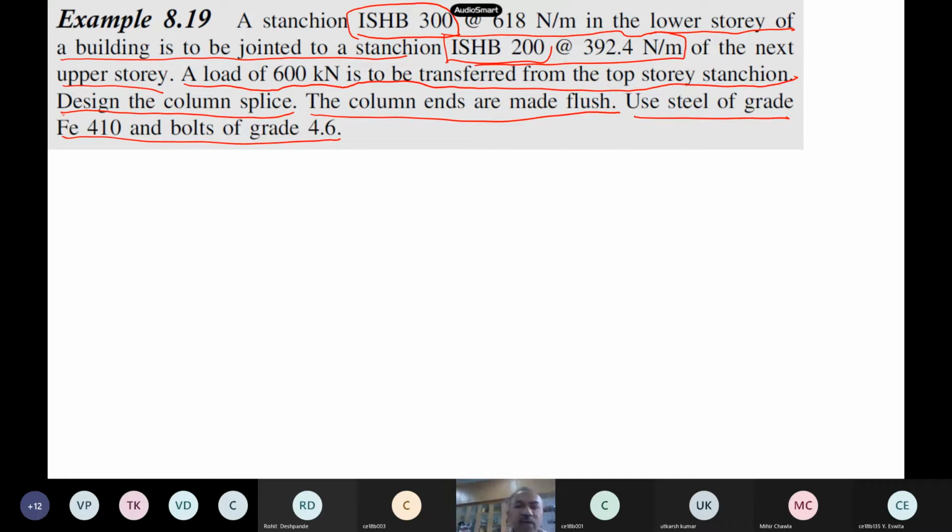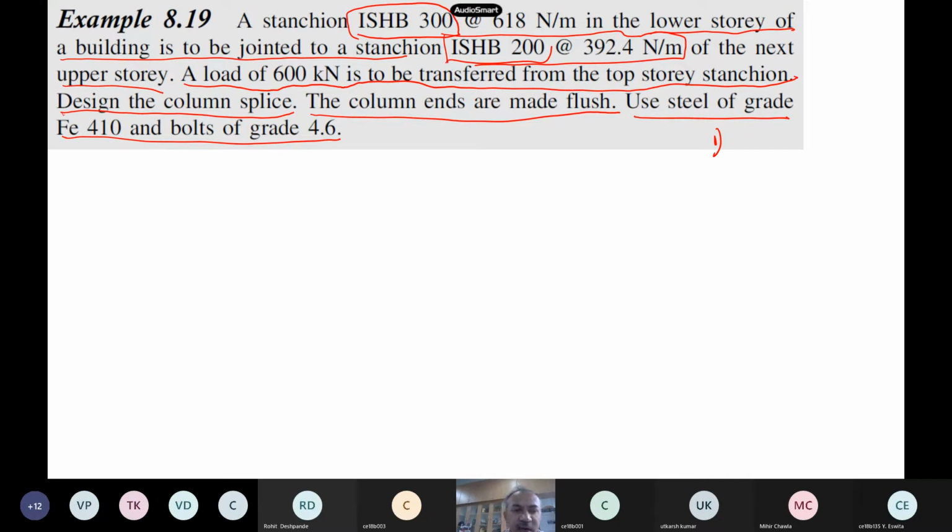Now first of all you have to decide what other things you have to provide, how many splices, what are the things you have to provide to join these two. Your design means what is it that you have to provide. You have to provide splices where. See, what is the load coming on this column, what type of load is there?